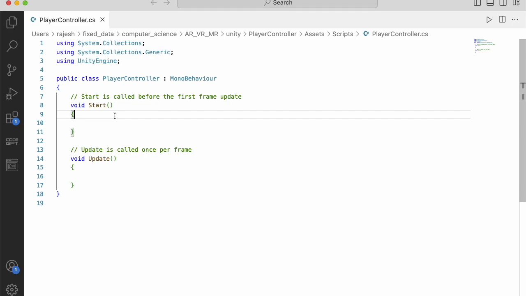Okay, so in this case, what do we want to do? We want to move the vehicle, which means it should be done in every frame, which means it should be given in the Update function, not the Start function. Start function is just positioning the vehicle, which we already did. So we need not write anything in the Start function. It can be left empty. In the Update function, we want to move the vehicle. Okay, so to move the vehicle,